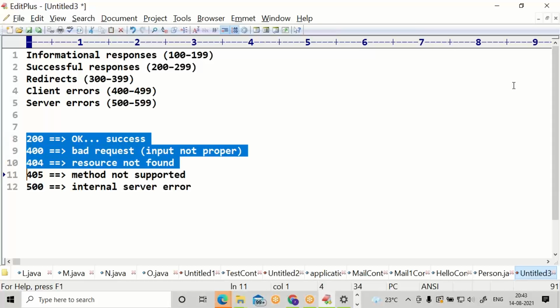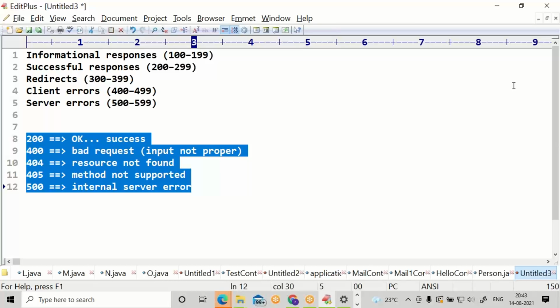These numbers: what stands for 200, what stands for 400, 404, 405, 500. Please observe. Everybody should know 200 means successful response. 400 means bad request, input not proper. 404 resource not found. 405 method not supported. 500 internal server error.